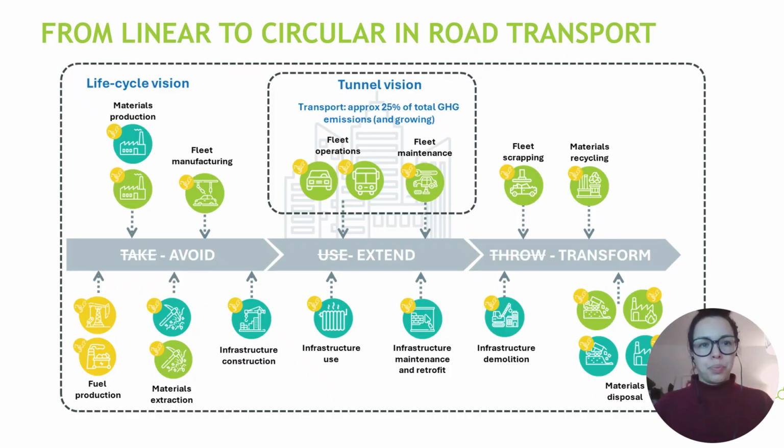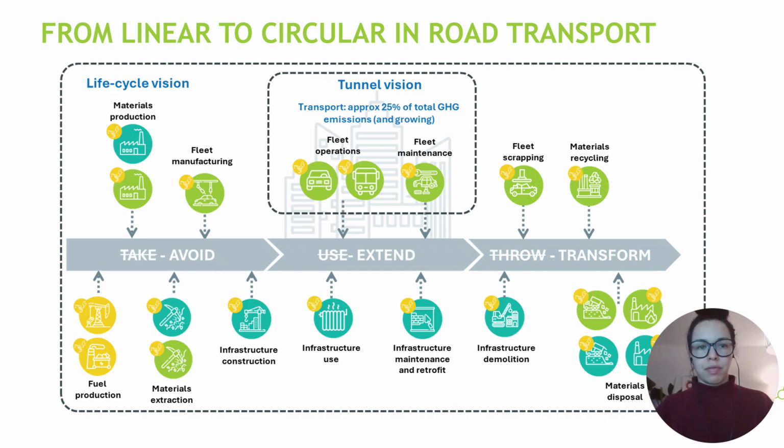So one important argument that we have with the C4C project on the Circularity Compass is that we need to move the road transport sector from a linear to a circular approach. That means that we need to shift from a narrow tunnel vision that has been a lot focused on the direct emissions, the tailpipe emissions in the sector, and expand our view to what happens before and what happens after